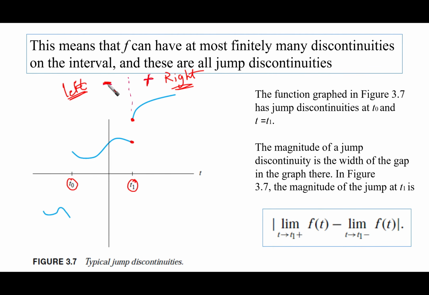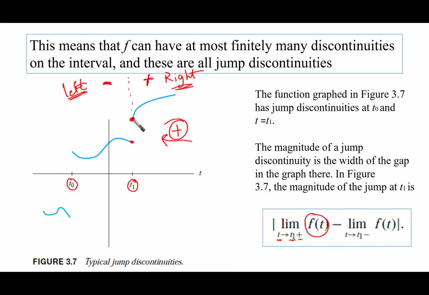If we put it negative, this means approaching from the left. So we're going to say that the absolute difference, as you can see here, between the function f of t when it approaches t1 from the right, this is t1, and approaching it from the right, which is from the positive here, which is here. This is the function, and this is the point that the function is going to approach